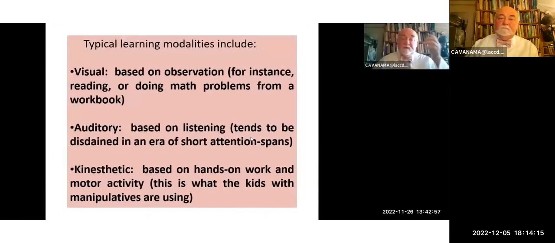And of course, if you go through a teacher training program in K through 12, you have this drilled and killed into you. It has not penetrated quite so far in higher education. There's the visual modality, based on observation, reading, doing math problems in a workbook, or the auditory, based on listening, which tends to be disdained in the era of short attention spans, but then I guess the visual reading would be as well. Kinesthetic, based on hands-on work, motor activity,